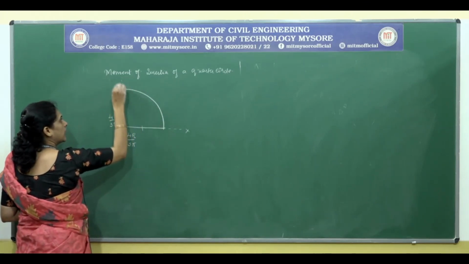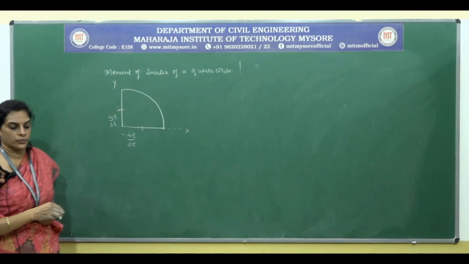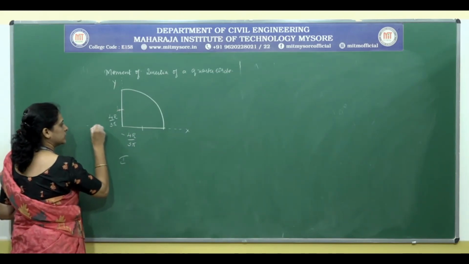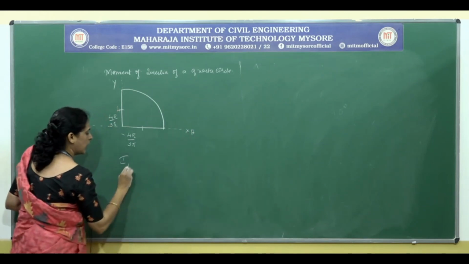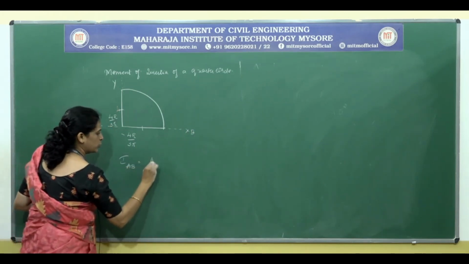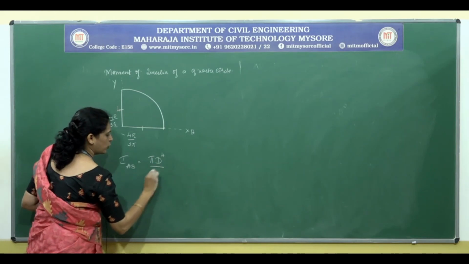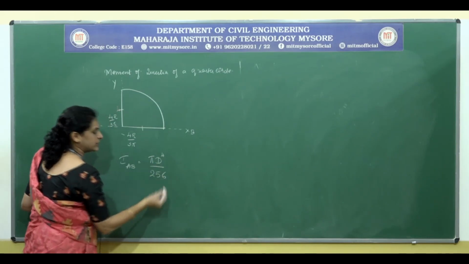This is x and y. Then if we consider this as AB, IAB is equal to pi d to the power of 4 by 256,